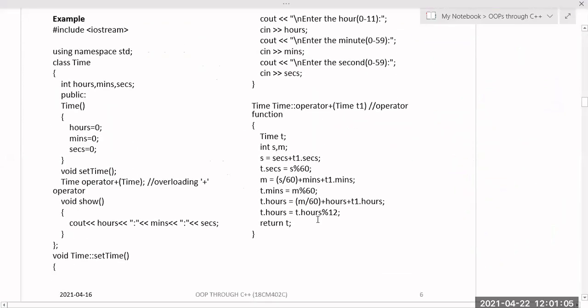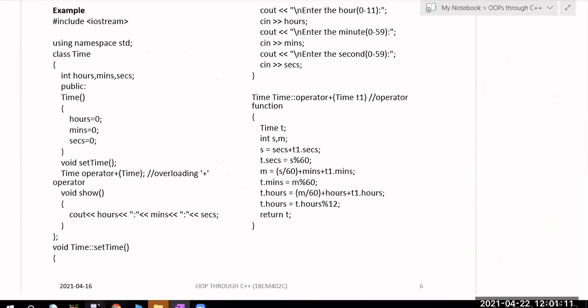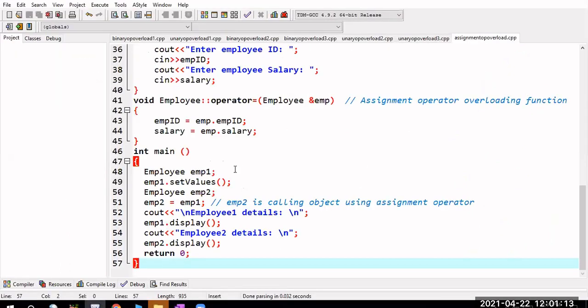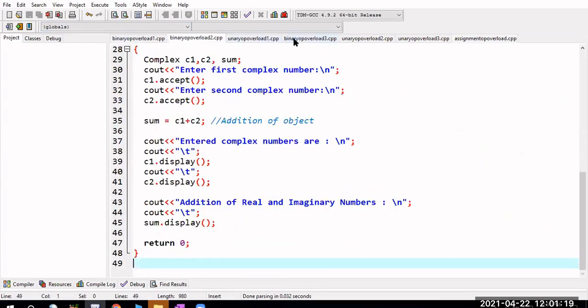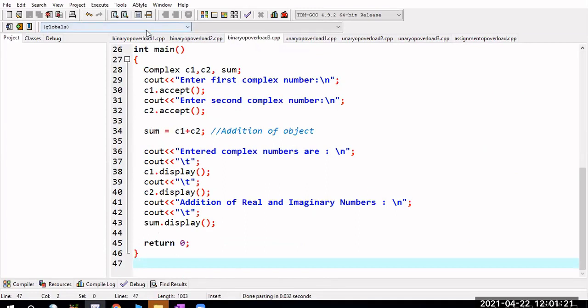So now I will discuss with examples. Is the screen visible? Yes, sir. Right. We will see binary operator overloading with example programs.